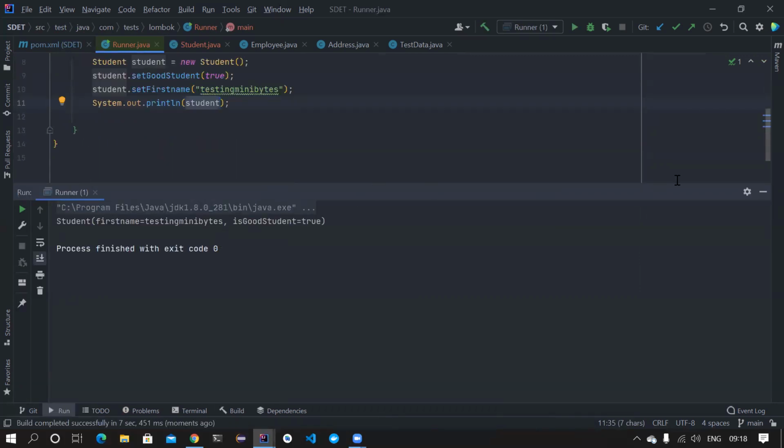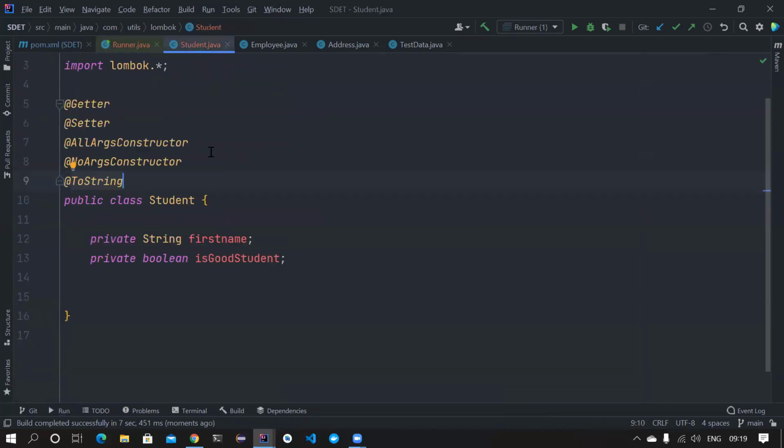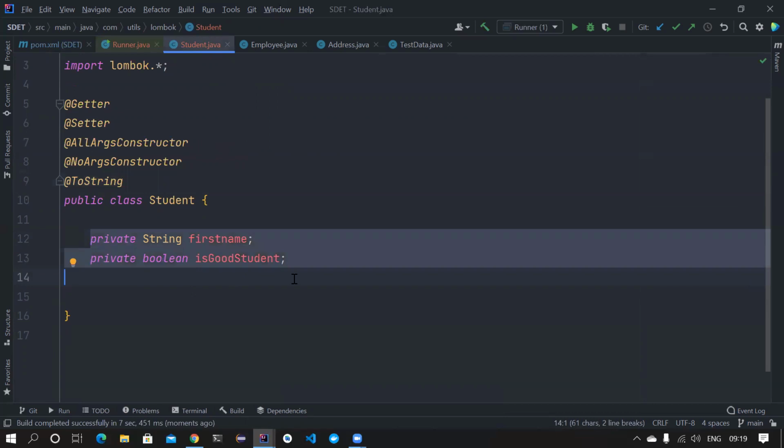Again, if you want to provide the builder pattern, there are different ways to provide builder patterns. You can use an external class, or you can use a static inner class. Lombok uses a static inner class. I hope you all know why we use builder pattern, because if there are more fields and you use a constructor, then you cannot pass in all the fields. Builder pattern comes with a lot of flexibility that you can ignore some fields if you don't want them, and it also maintains the immutability of that particular class.